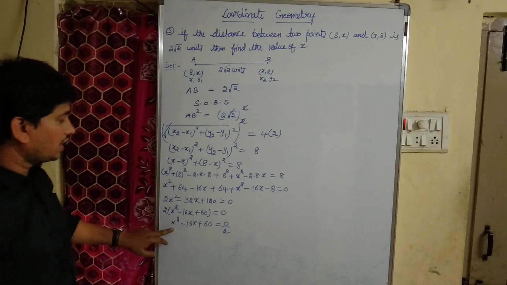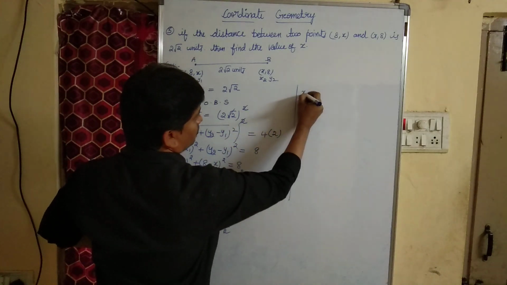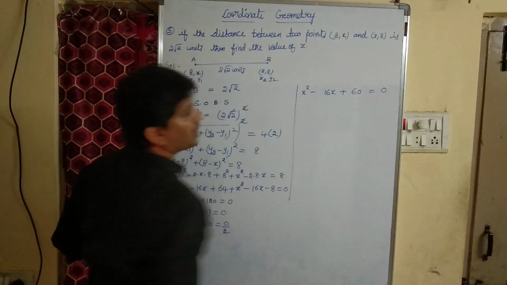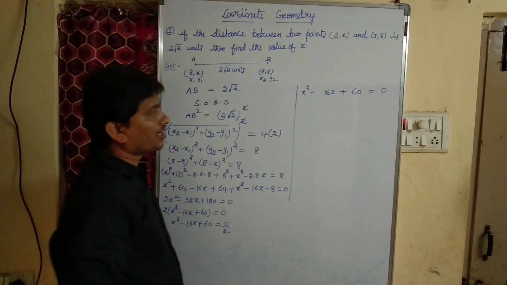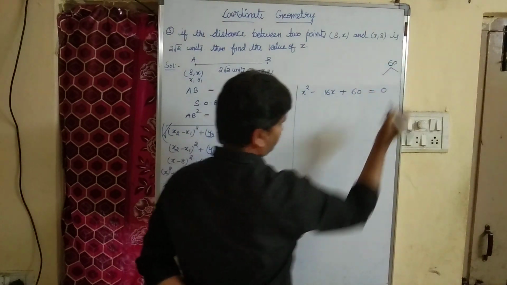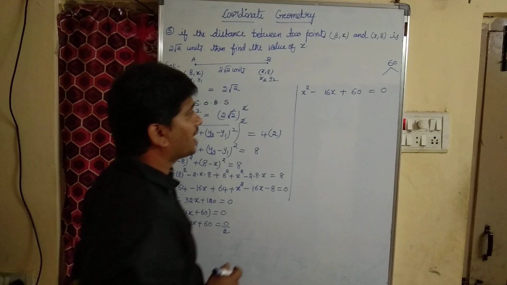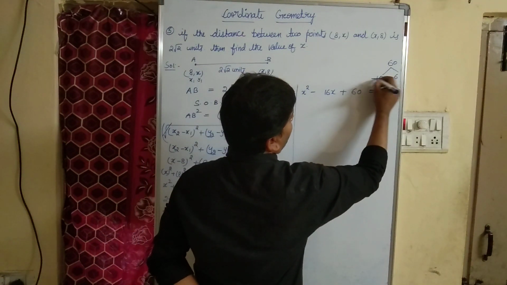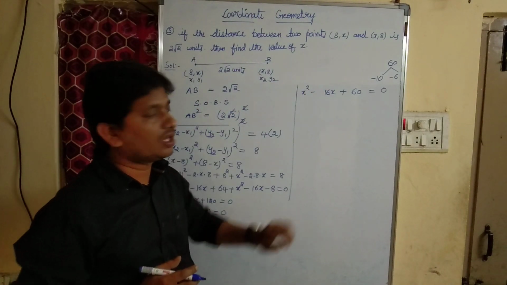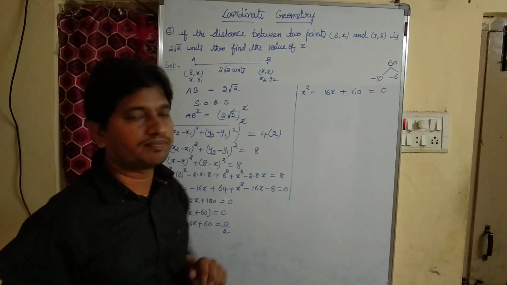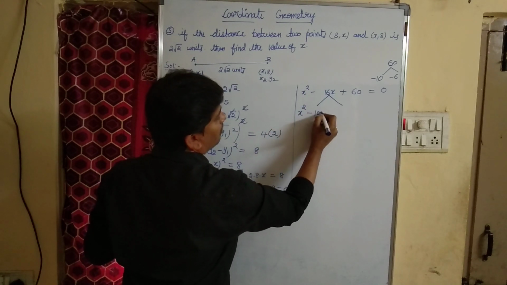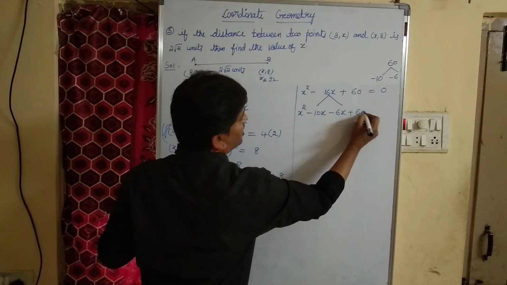0 by something is 0 only, that is x square minus 16x plus 60 equal to 0. Now let us do factors, splitting the middle term. As we have 60 here, the factors of 60 are 10 6s are 60. I mean minus 10 and minus 6, minus into minus is plus, 10 6s are 60. If I add 10 and 6 again I will get 16 only. Okay children, so 16x I can write as x square minus 10x minus 6x plus 60 equal to 0.